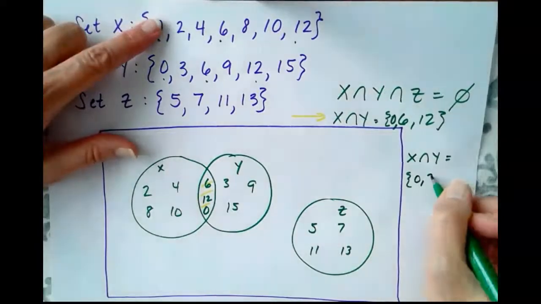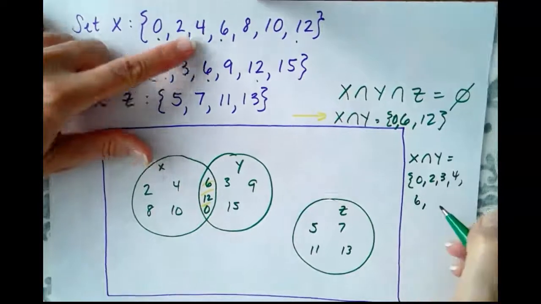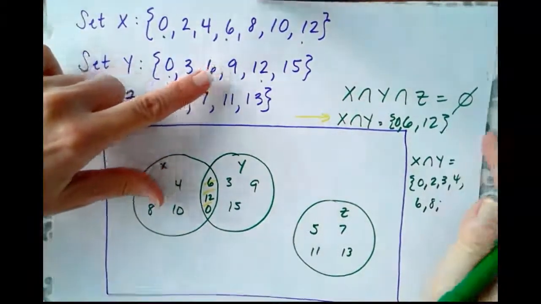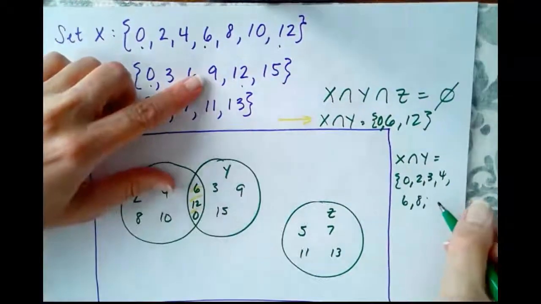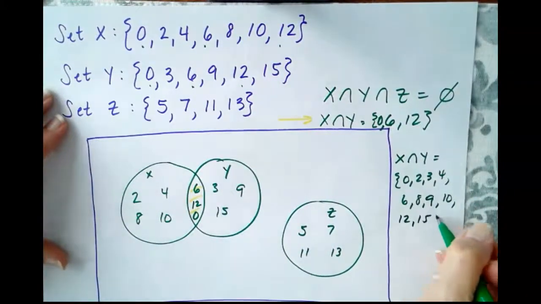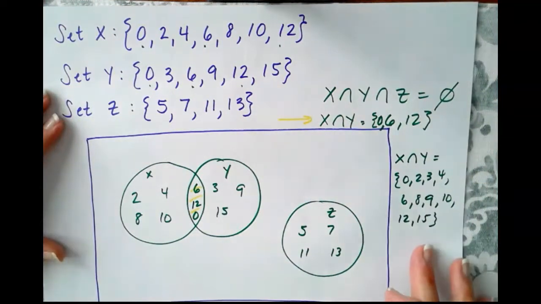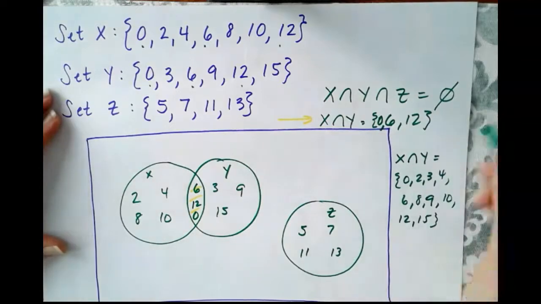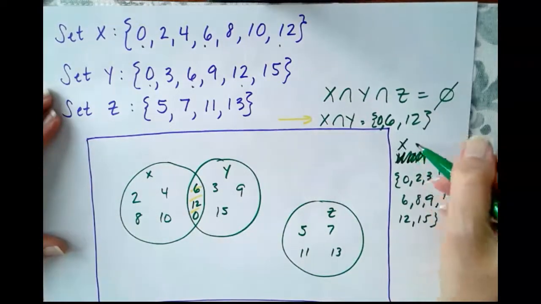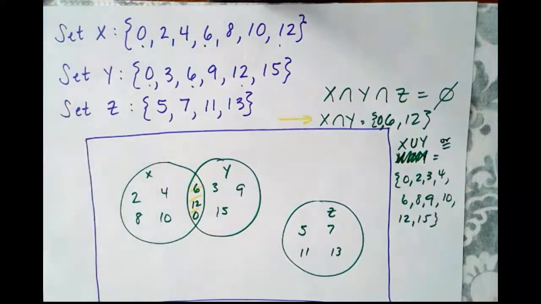So 0, 2, 3, 4, 6, 8, 9, 10, 12, and 15. That would be the union X union Y: 0, 2, 3, 4, 6, 8, 9, 10, 12,